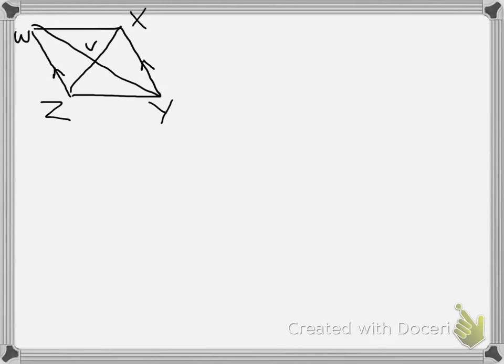Okay, and this is question 1 from the proof game, and it's asking us to prove that segment YV, Y to V, is the same as segment W to V. That's what it's asking us to prove, and it's telling us we know some things first. The first thing we know is that V is the midpoint of XZ, and if that's the midpoint, then that means